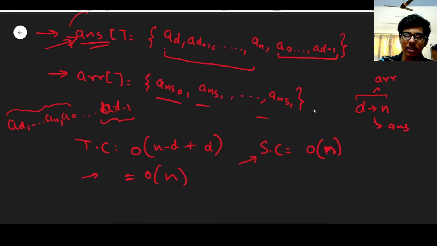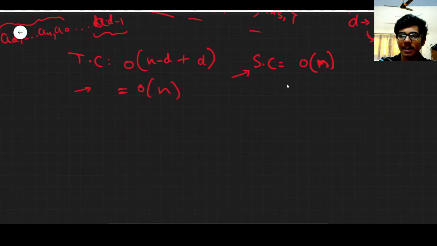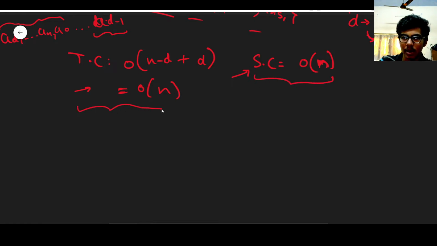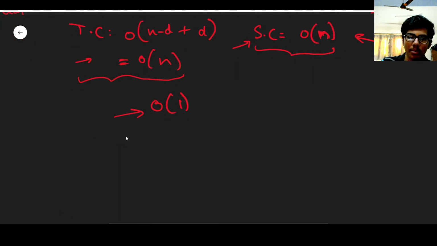So is there any way so that I can reduce the space complexity to O(1)? I know that this is going to work in our solution. This is also going to work. It has a less space complexity, so this can work, but we need some more efficient approach. What if the interviewer asks to solve it in an O(1) approach, right? Is there any solution in O(1)? So let me calculate the space complexity for some efficient approach.